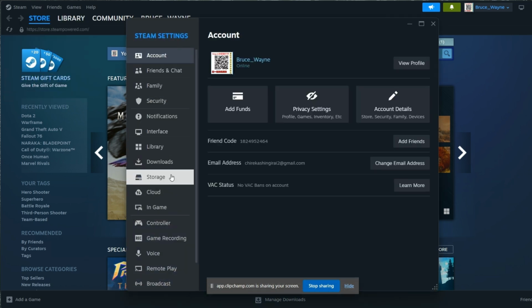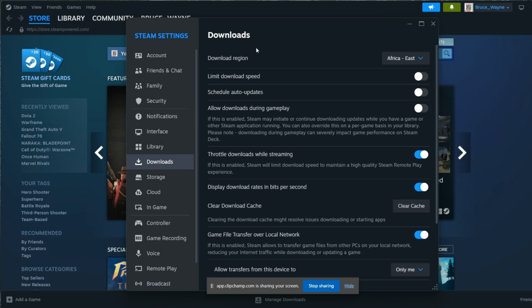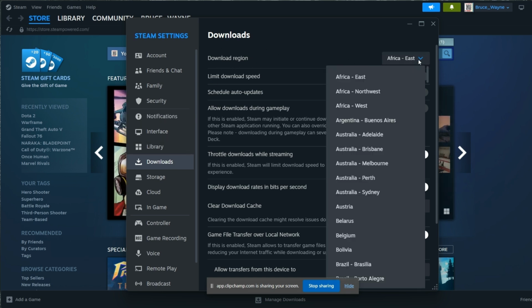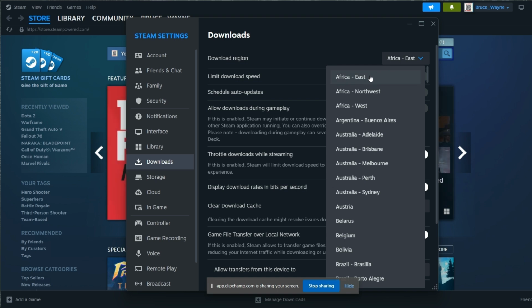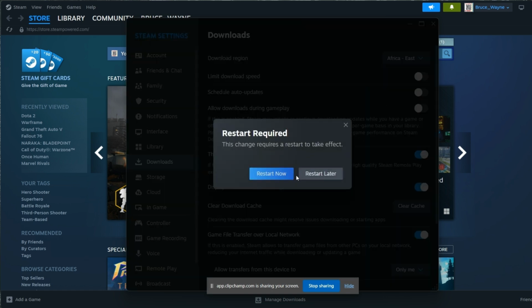Then you go to download settings, and then from here you can see where there's download region, right? So you choose a region which is close to you. Mine automatically is on East Africa, and I'm actually close to East Africa. So then again, it has to be less congested, but I'd rather take the one which is closer to my